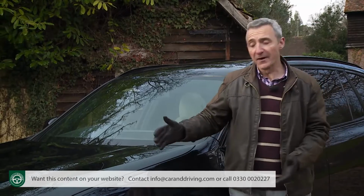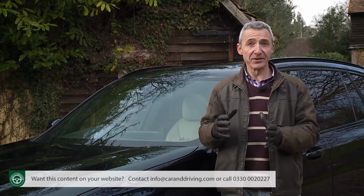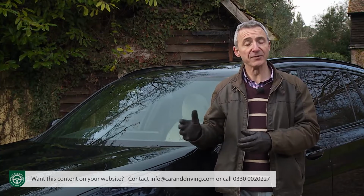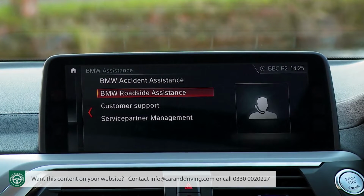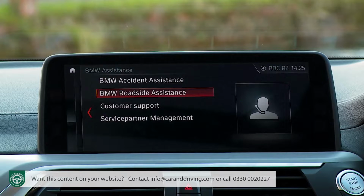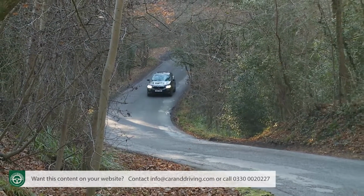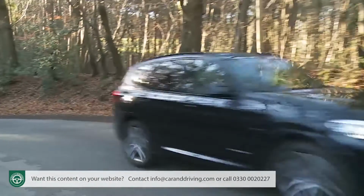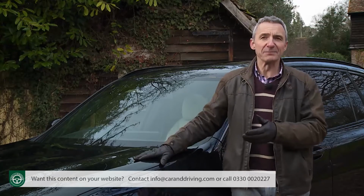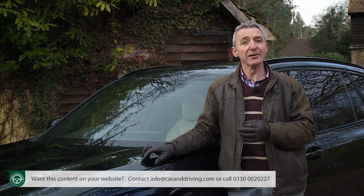If you want to go further, a good starting point is the remote services package, which allows you to control many aspects of your car's operation via your smartphone. You might also want a 3-year subscription to BMW's concierge service that at the press of a button will give you direct access to an operator who will be able to answer almost any question about your journey as you drive. Now, to be honest, we could do without that, but we would be very tempted by the optional online